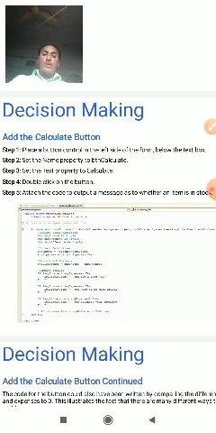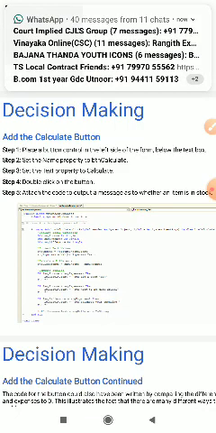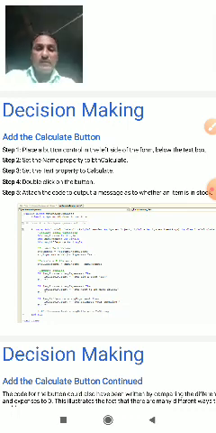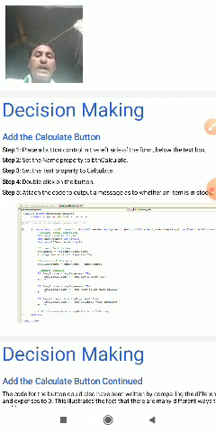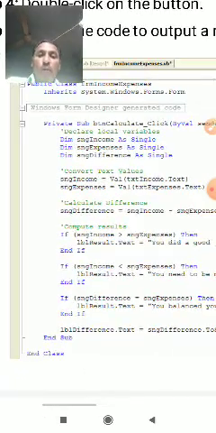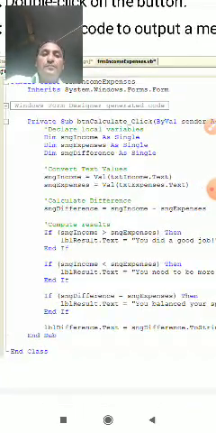Double click on this button. In the code window we have to write the message and give the values, writing the calculate program.